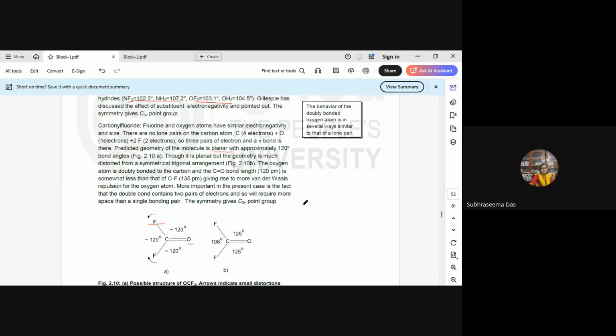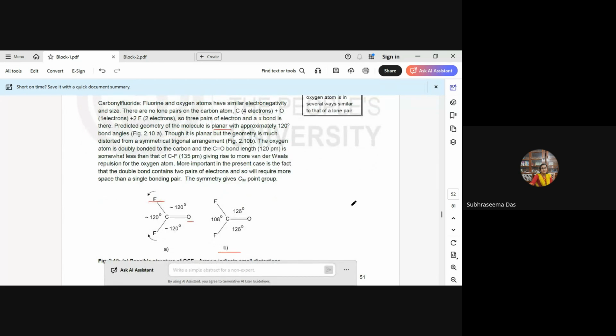Though it is planar, the geometry is distorted from a symmetrical trigonal arrangement. So here it has been shown the geometry, it distorts. The oxygen is doubly bonded to carbon, and the CO bond length is less than that of the CF, because we know that fluorine is more electronegative than oxygen, and that is why the CF bond length is less than that, the CO bond length is less than that of CF, giving rise to more van der Waals repulsion